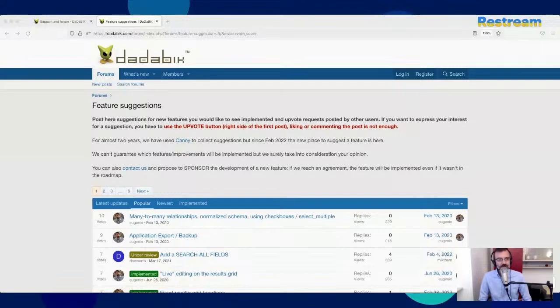Let me read the chat. Two suggestions for look and feel, not major things, but might help a little bit. More colorful theme options. Alan, are you talking about the front end user interface or the admin?